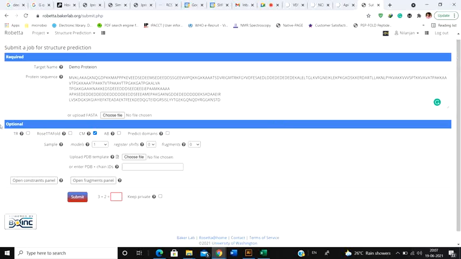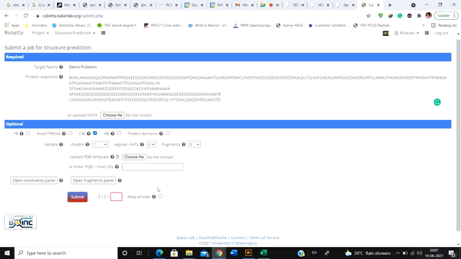So next we have this TR method. What is the TR method? This particular method is translated Rosetta. Now this is a pretty fast method, and how does it do? As you can see, it uses a deep learning based modeling method. What is a deep learning based modeling method? That means this is the AI, the artificial intelligence, of this particular server. Now suppose, as I have told you, each day thousands of people submit the protein sequence for structure prediction.